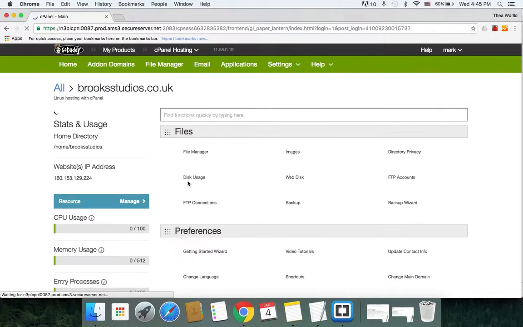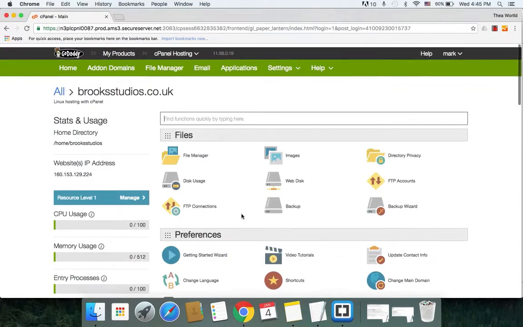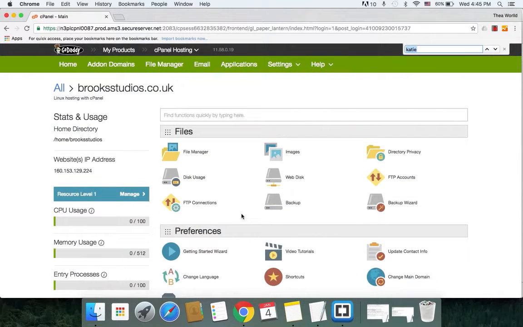You might have a different interface, but all you have to do here is, if you can't find File Manager, because sometimes File Manager is at the bottom, press Control F if you're on a PC, or Command F on a Mac, and just type in